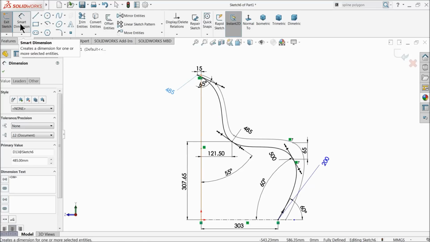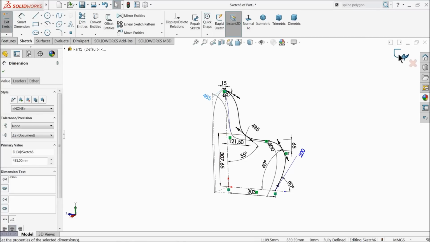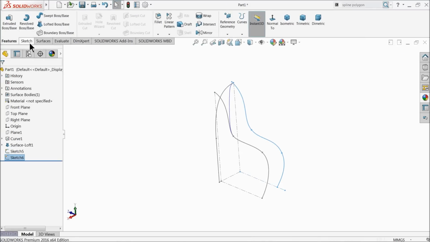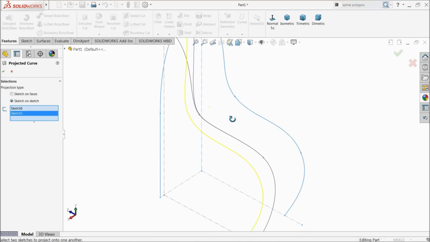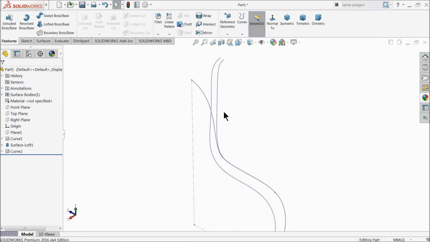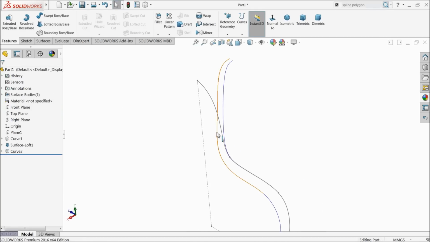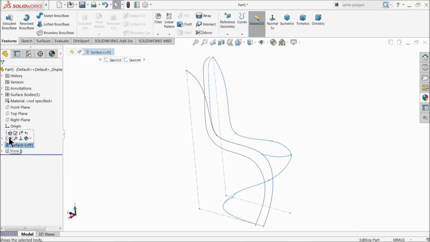So simply exit from the sketch, select here project curve, sketch 1 selected and select this sketch. Now here you can see the preview, one project curve projection, you can see it here. Okay, now you saw the second projection. Now here just show the first,